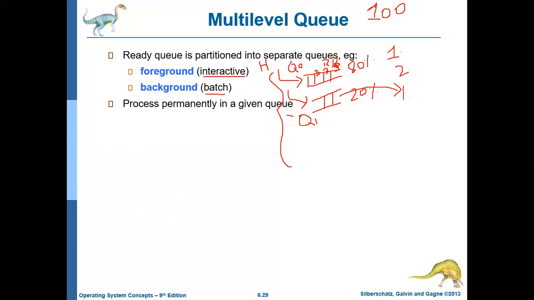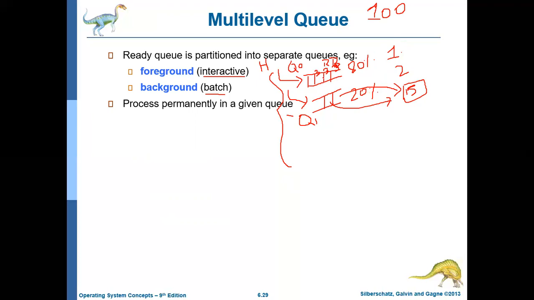That will be executed. It is FCFS, right? So it will execute for as long as it needs. Basically it has only 20 milliseconds. So if it executes for 5 milliseconds and finishes, then the operating system will take the next job and give it. That may execute for another 15 milliseconds. So the 20 milliseconds is over.